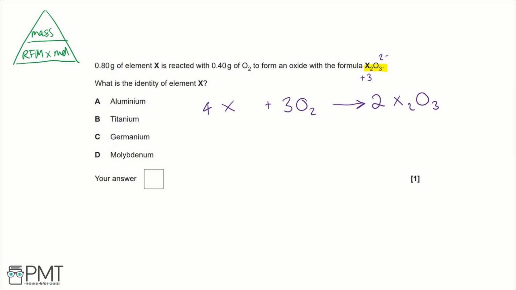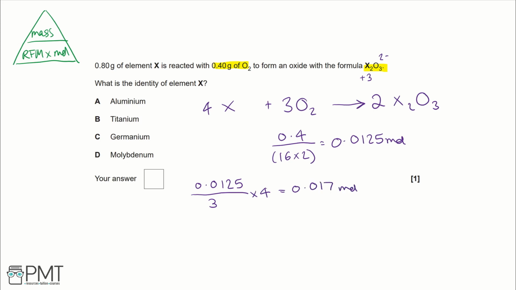And we're going to work out the moles in this question. So using the data we've been given about oxygen, we can do 0.4 divided by 16 times 2, and that equals 0.0125 moles. Then we can use the molar ratio to work out the moles of X. So that would be 0.0125 divided by 3 and multiplied by 4. And that equals